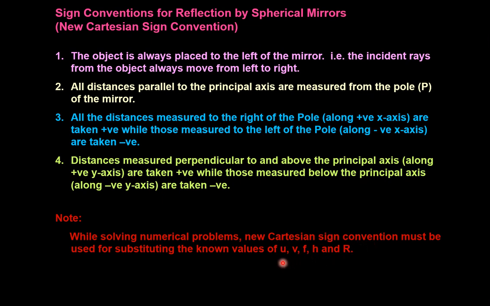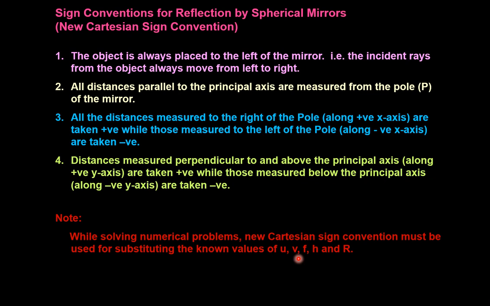Using this Cartesian sign convention, we are going to assign the appropriate sign. Like u is what? Object distance. This small u is used for object distance. From where do we have to start measuring? From pole P. Object distance means we start from point P and go till the location of the object. That distance is my object distance, represented by small u. Similarly, small v is image distance. Again we start from the pole, which is treated as the reference point. v is the distance between P and the location of the image. It is known as image distance, represented by small v.